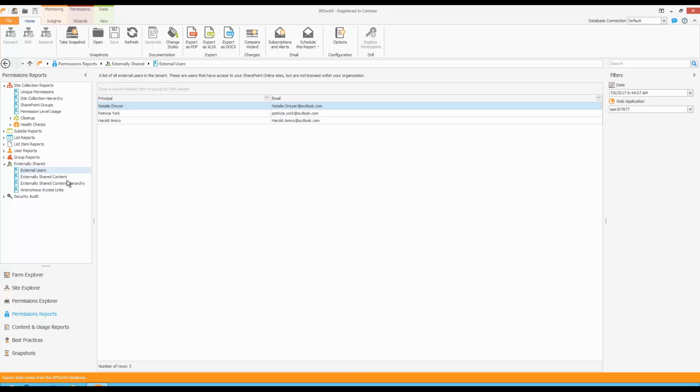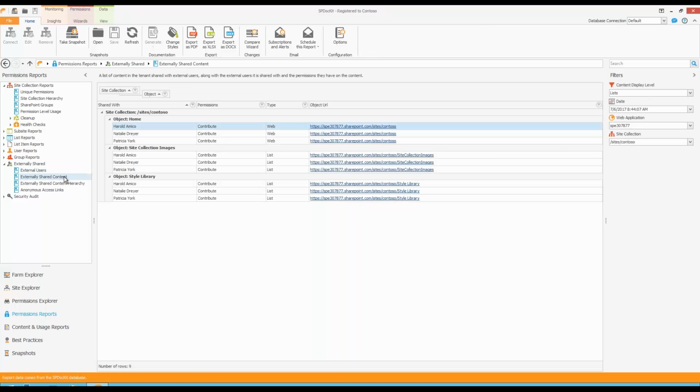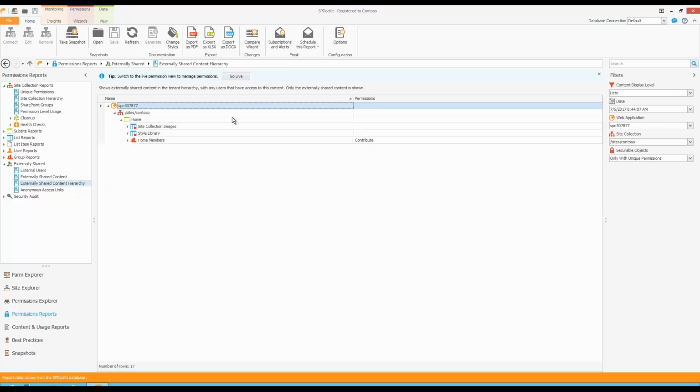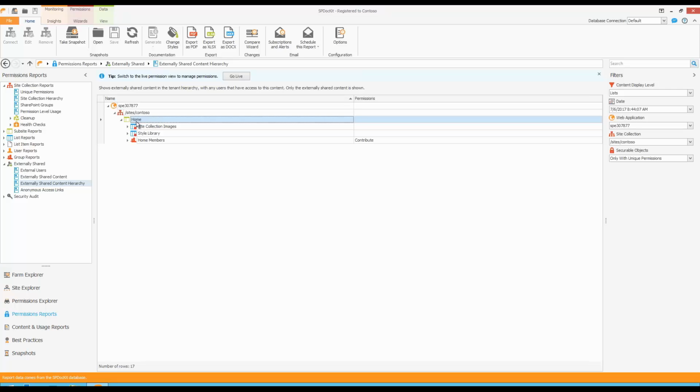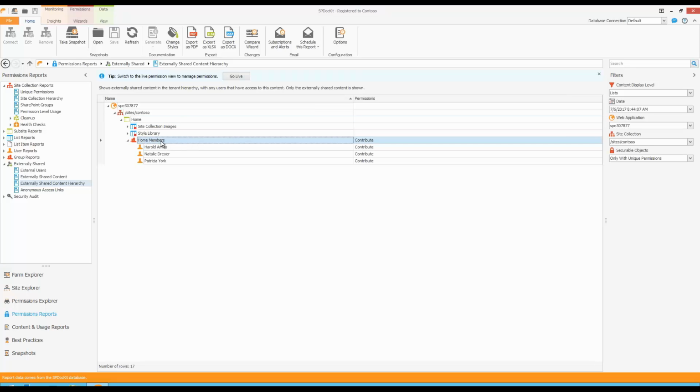I can then go to my other reports. So for example, this report shows me the content that was shared externally. So as I can see here, somebody has shared the root of my site collection with 3 external users. This can be normal, or this can be a problem with something like security or compliance, stuff like that. So this report can be used to double check that. Then we can also have a hierarchy of stuff that was shared. In my case, it was only the root of the site collection that was shared, because these 3 people were added to the home members group, but maybe a document on a very deep level was shared and you want to